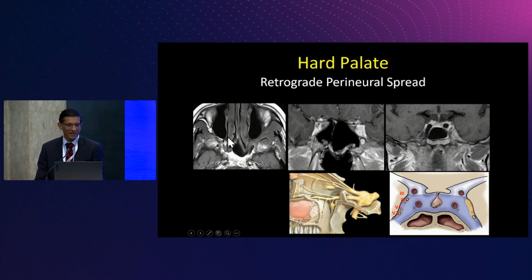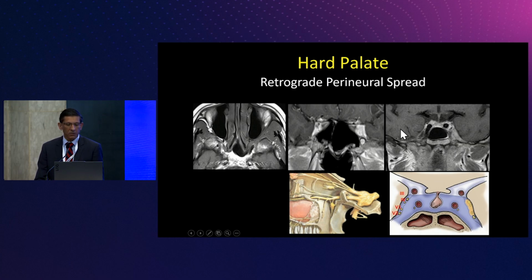So if you look at the right side compared to the left side, notice how there's normal fat right here in the pterygopalatine fossa. And with a leap of faith, you can actually see this little line right here. See this line right here? That's actually V2 in the pterygopalatine fossa. But on this side, notice how all of the fat in the pterygopalatine fossa is completely gone. And if you look real closely, you almost see a claw right here. You see something going posteriorly and right here. So this is V2, and this is the nerve of the Vidian canal.